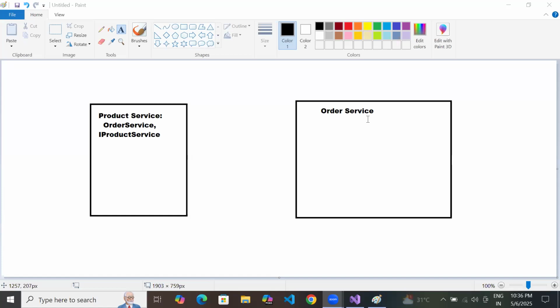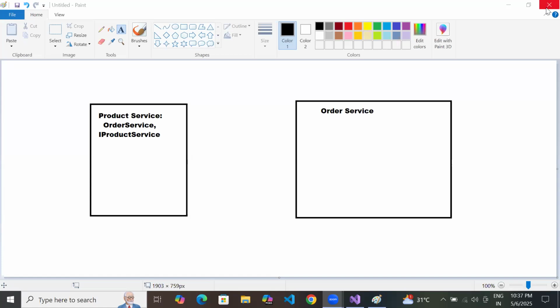Main product service. But I'm holding a reference of product service in my iProduct service. So if the interface contains methods, can they be accessible, or will the entire set of methods available in the product service class be accessible? No, only the methods which are there in the interface.